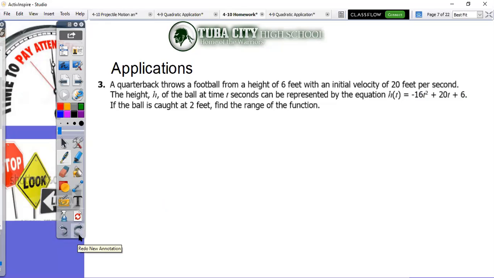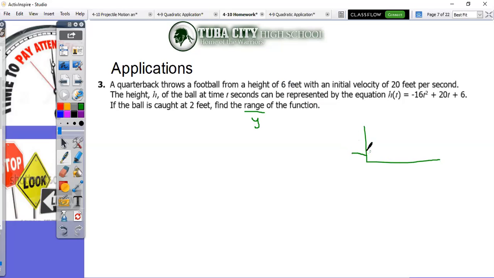Okay. So we are looking for the range. This means we are looking for y values. So domain, if you remember yesterday when we were talking about the difference between domain and range. So in this case, if I have my graph, and it says he's elevated from a height of 6 feet,